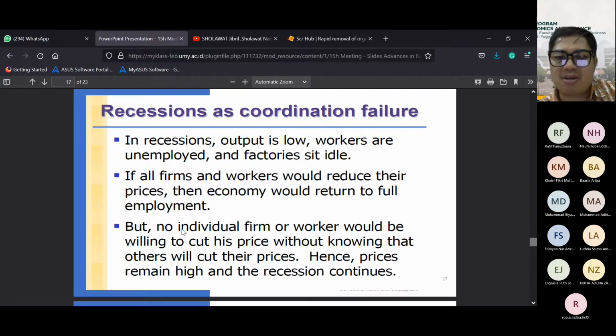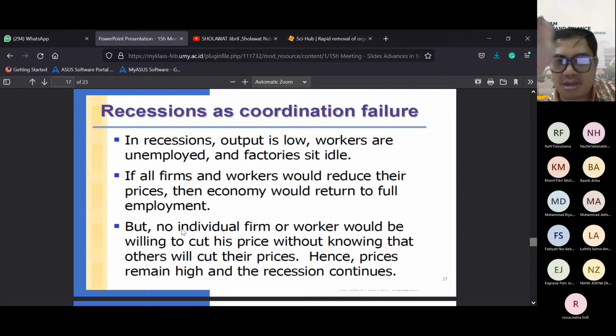So if all firms and workers would reduce their prices, then the economy would return to full employment. Imagine that the economy looks like mountains. There is up and down, and between the up and down, you have the turning around points. This turning around point denotes the optimal position that the economy could achieve once the best policy is created. Once the economy has moved beyond this turning around point, it means that the economy is preparing to fall. So the policy to respond to that is to reduce the prices. So there is a policy that must be retained in order to give the economy back to the point where the optimal position is